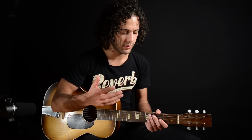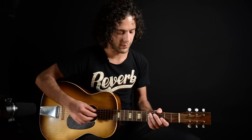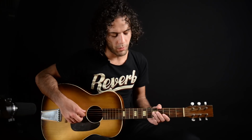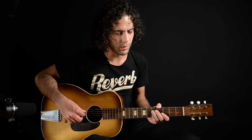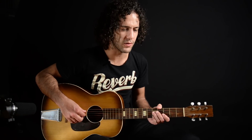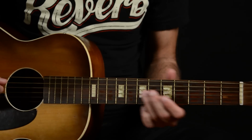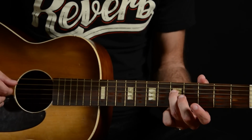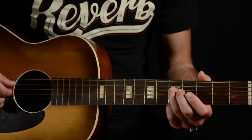These riffs are all fingerstyle riffs that can be used in so many different ways in any blues format and beyond. First, let's take a look at the way that Robert Johnson opened a lot of his tunes, the turnaround that he started a lot of his songs with. We'll do it in the key of A. Let's start here with ring finger on the D string 5th fret and pinky on the E string 5th fret,